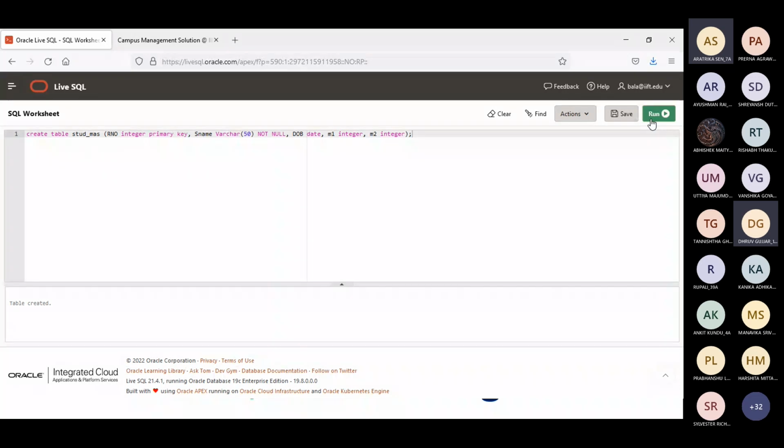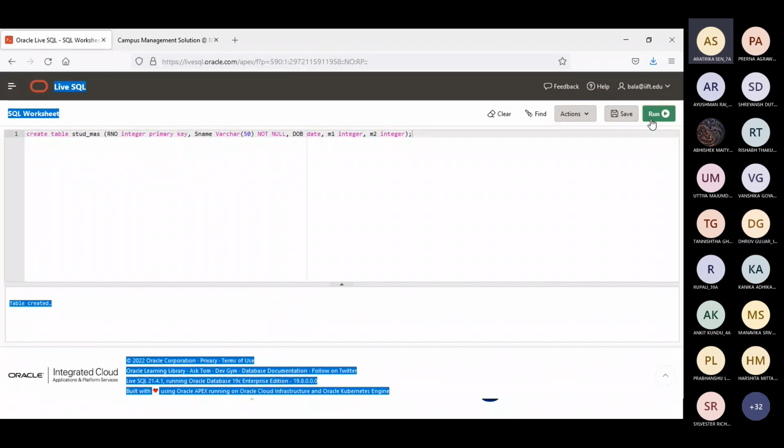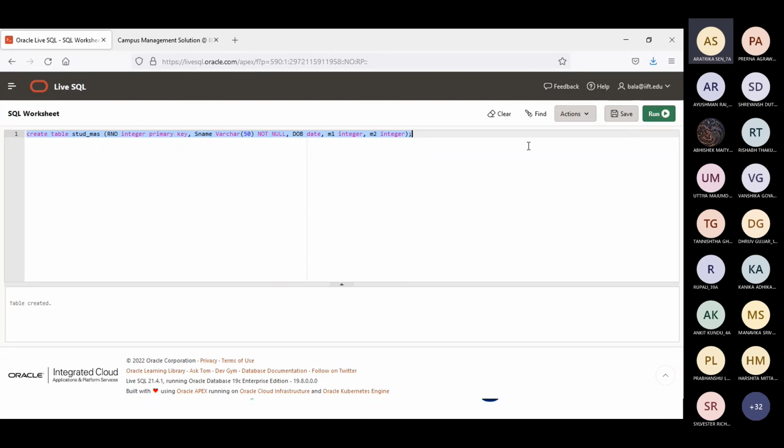Yes, sir. Now it's showing. Great. Now I want to see the structure of this table. What is the command? I forgot. DESC. Thanks a lot. What does DESC stand for? Describe. Describes the data dictionary. Then if I am saying DESC student marks, I am displaying my structure,